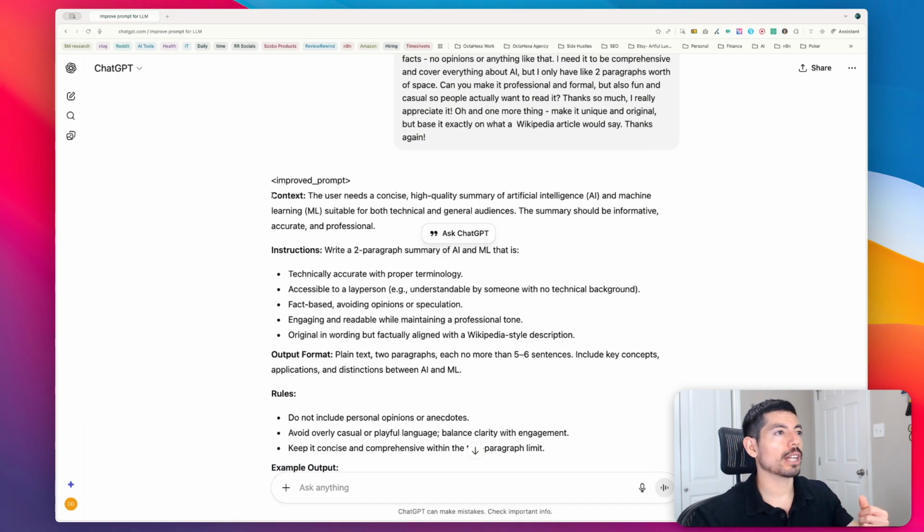So this is giving us exactly what we want. You can see the user needs a concise, high-quality summary of artificial intelligence and machine learning suitable for both technical and general audiences. The summary should be informative, accurate, and professional. Write a 2-paragraph summary of AI and machine learning that is technically accurate with proper terminology, accessible to a layperson, fact-based, avoided opinions or speculation, engaging and readable while maintaining a professional tone, original in wording but factually aligned with a Wikipedia-style description. So it includes everything that we want, concise, very straightforward, descriptive, output format, plain text, 2 paragraphs,